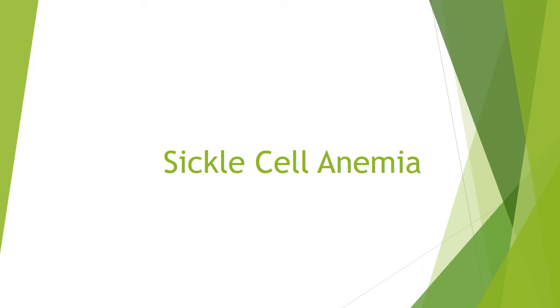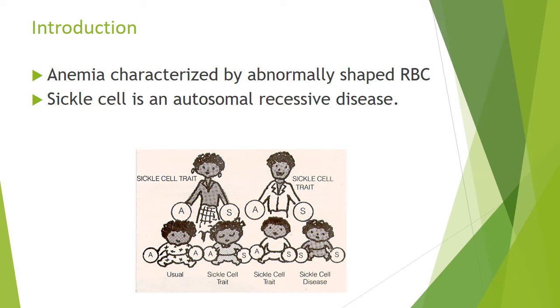This video describes sickle cell anemia. Sickle cell anemia is a hemolytic anemia characterized by abnormally shaped red blood cells which are removed from the circulation and destroyed at increasing rates, leading to anemia. The underlying abnormality in the RBC of sickle cell anemia is the presence of abnormal sickle cell hemoglobin, that is HbS,